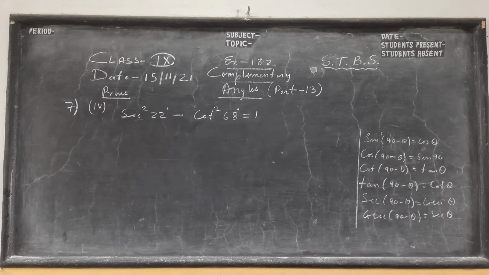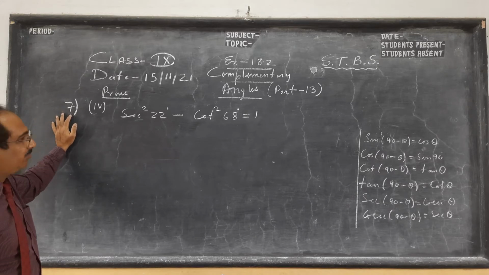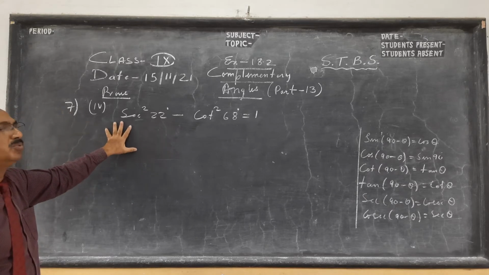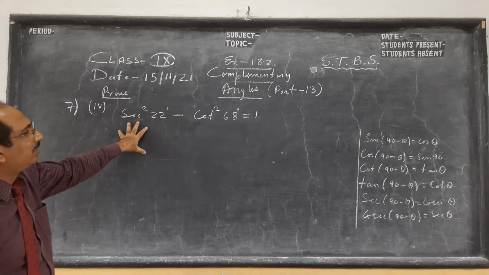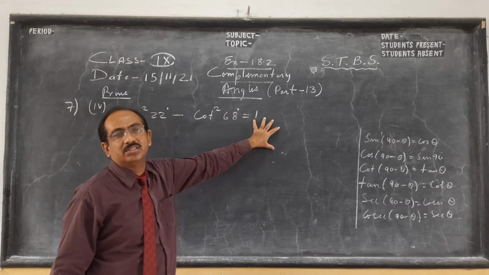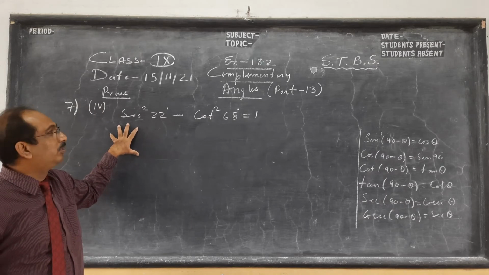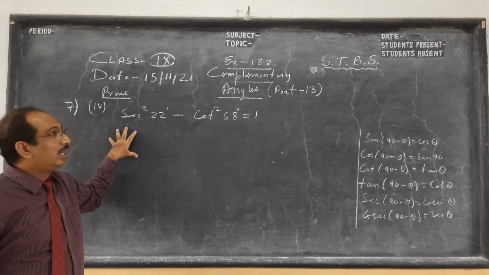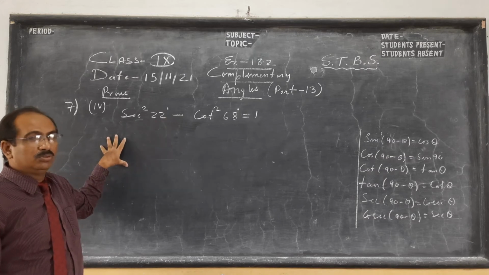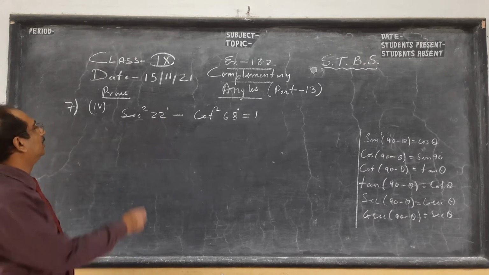To question number 7, part 4. So here we have to prove. All this question today, children, I'll try to do between 7 to 11. They are all proving sums. You don't have to see answer. I have to show left hand side is equal to 1, which is right hand side. So I'll do few more questions, and from next video will be question 12 onward, and maybe my 15th video will be the hardest sum of this exercise.